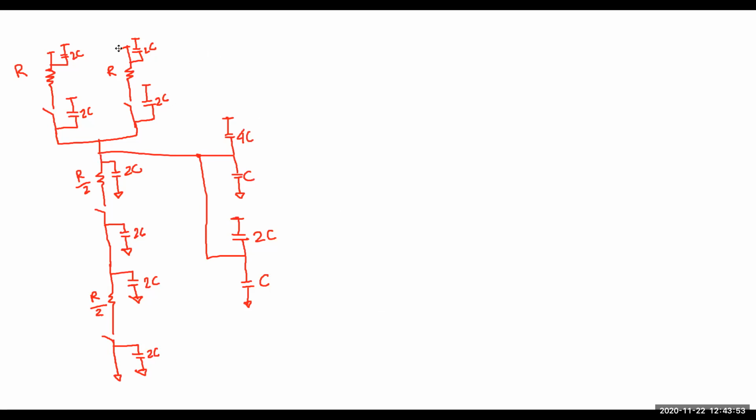Okay, now look at this. Here they told us A should be 0, B should be 1 for rise delay, right? So let's connect this. Let's say this is our A, this is our B, this is our A, this is our B. A is 0, what does that mean? For 0, PMOS is on or off?